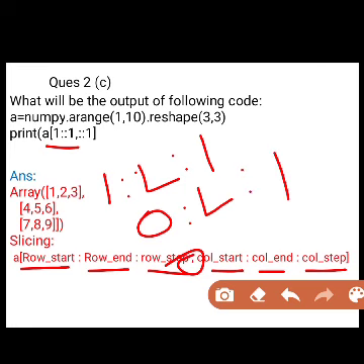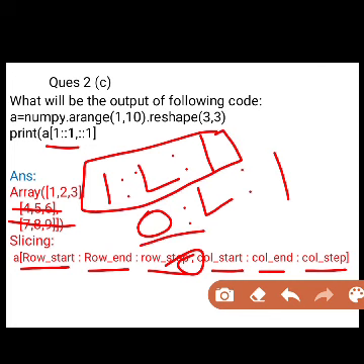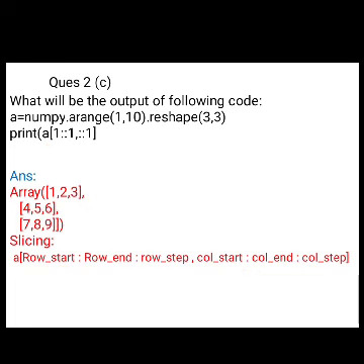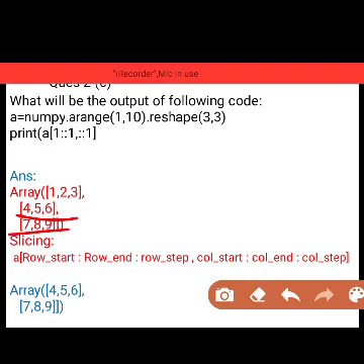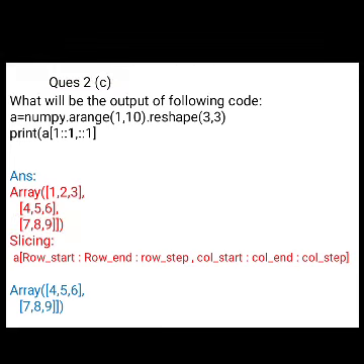So this is the first row, and up to last it has to go, meaning it will take both these rows in steps of 1. Now from these it will take all the column elements, meaning it will create the array having both these two rows, 4, 5, 6 and 7, 8, 9.